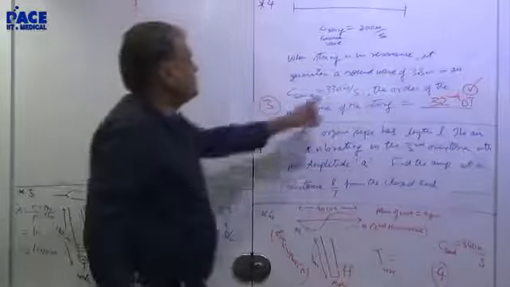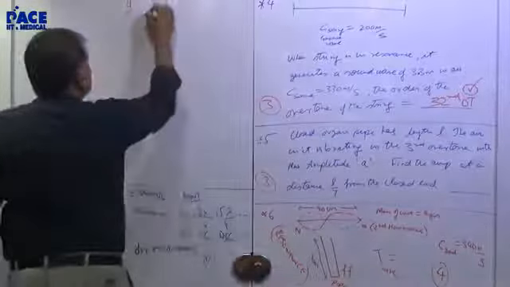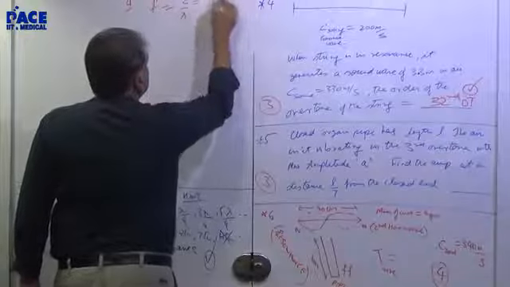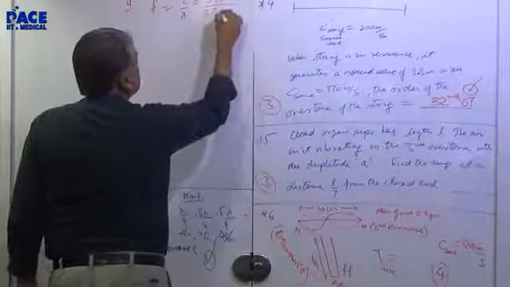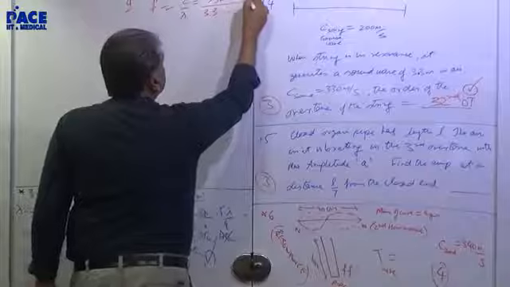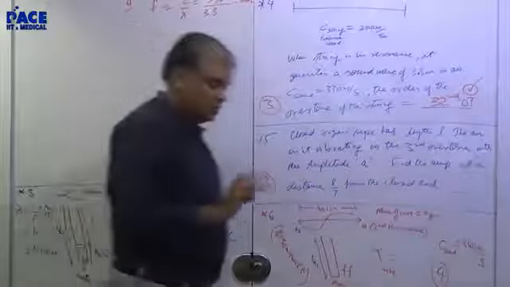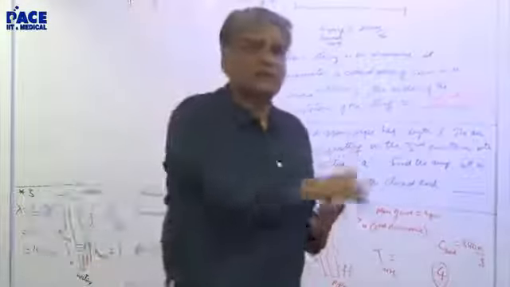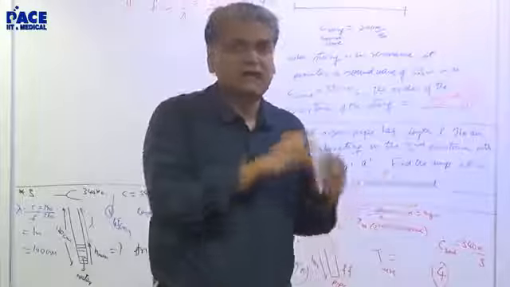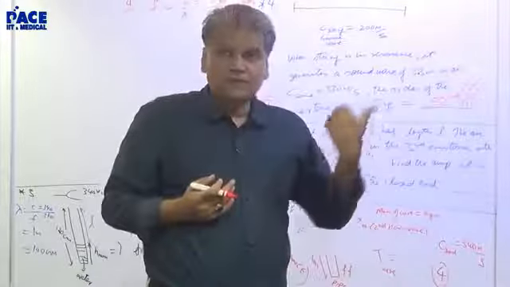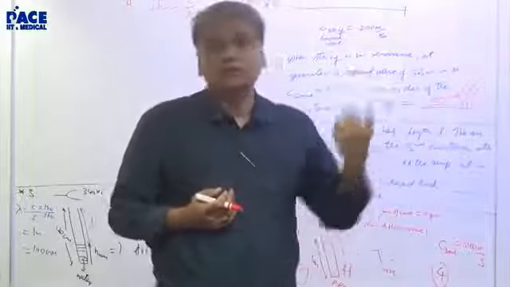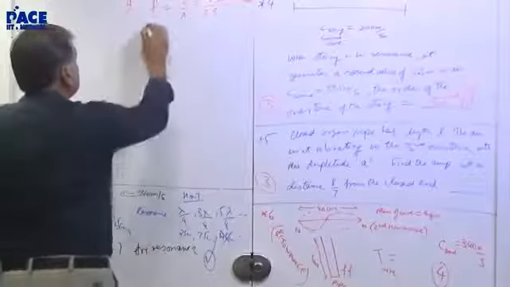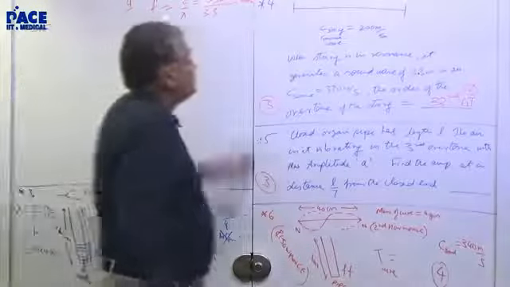What is the frequency of sound generated? Frequency of sound generated is C by lambda. C of sound is 330 meter per second. The wavelength lambda is 3.3. So this must be 100 hertz. See, when the wave comes out from the wire, you can hear a guitar or sitar because it doesn't remain in the wire. In the wire it is a transverse wave, but it gets damped and that can become sound. So when the wave comes from the wire to the air, from the transverse wave to the longitudinal wave, the frequency remains the same.